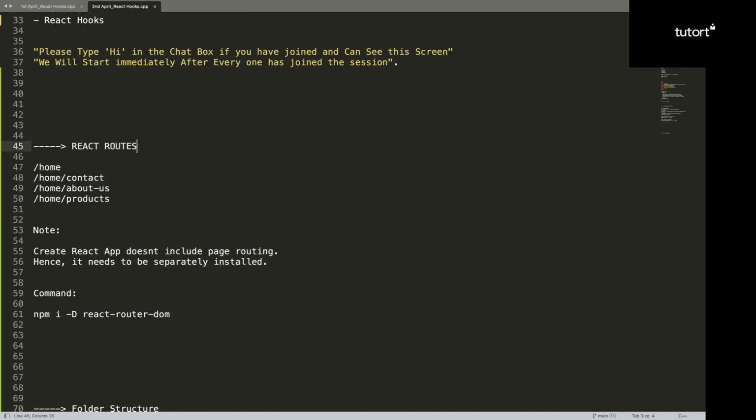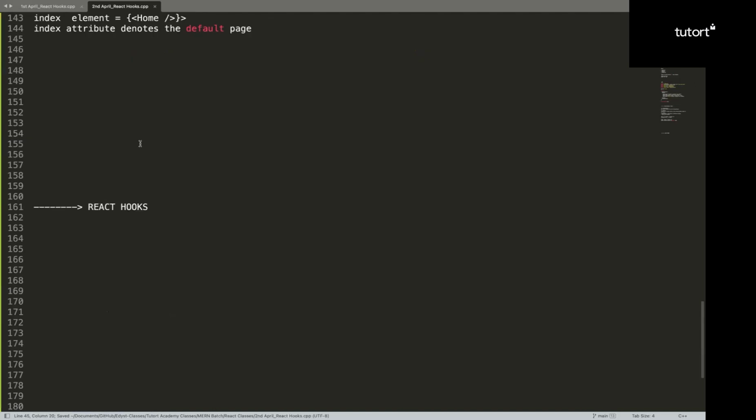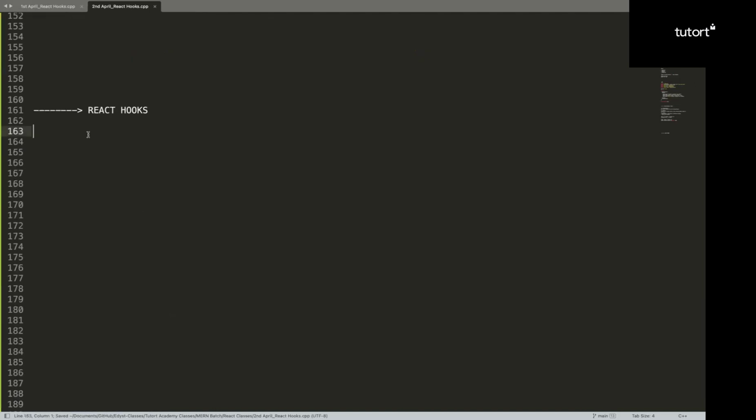All right. Now we are going to move to the next topic, which is React hooks. React hooks is going to be our last topic in the theory of React. But please show the nested routes that you mentioned some time ago. Okay. Nested routes, probably we can use in one of the projects, but just to tell you, the way you do nested routes is,